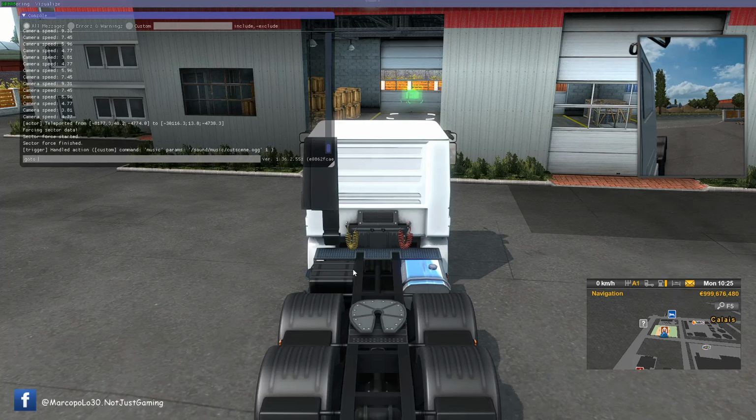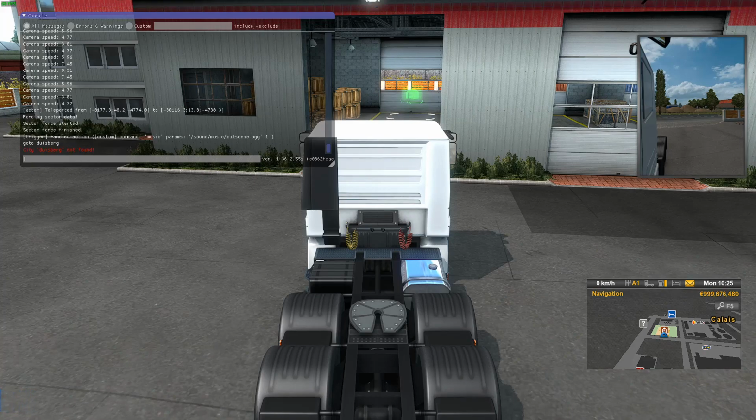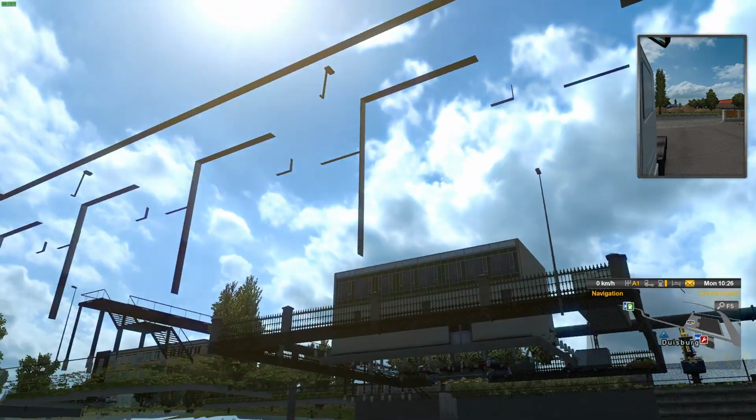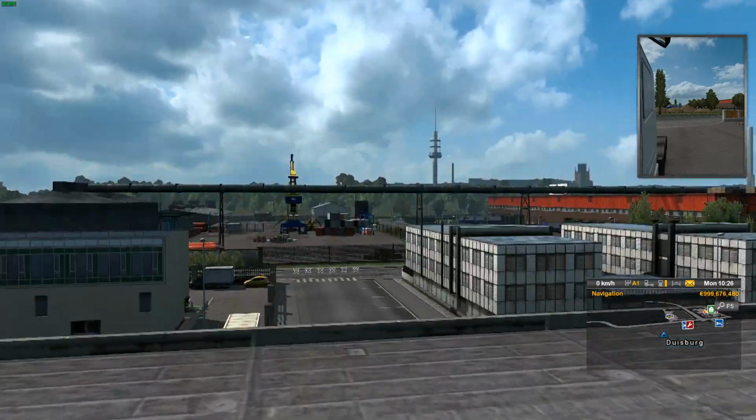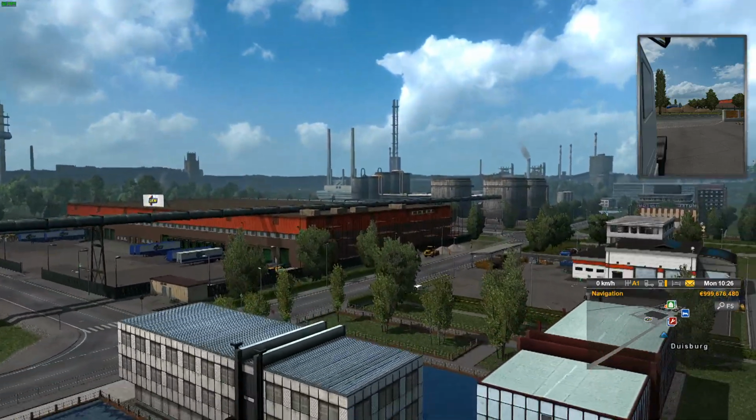So go to do this word. See, my spelling is wrong. Duisburg. I think that's Duisburg. Okay. So now we are here in Duisburg. Let's go and see. We're here under the ground on the map. So let's go on the